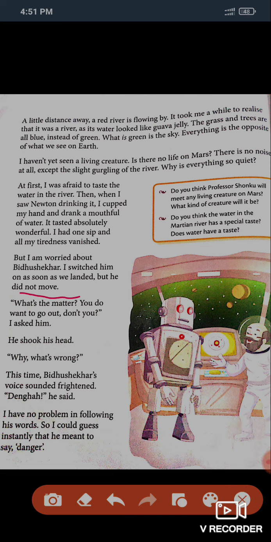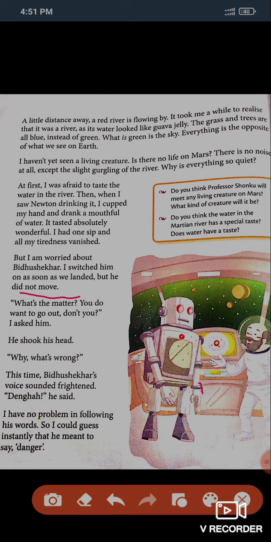Then, what's the matter? You do want to go out, don't you? Then the professor asked what is the matter with you, why are you not moving, don't you want to go out? I asked him. He shook his head. Then Bidhushekar just shook his head.